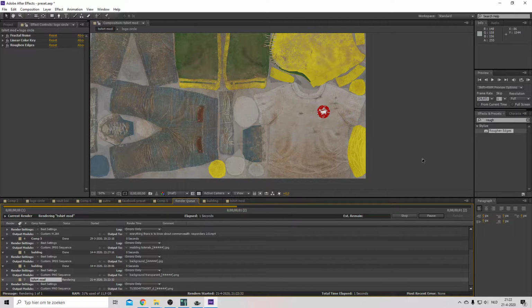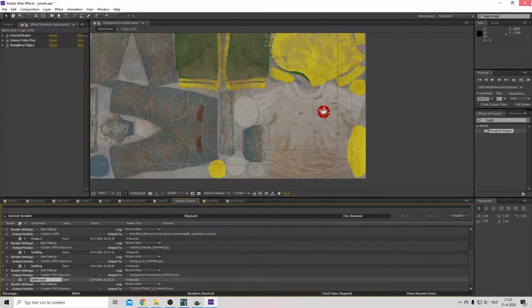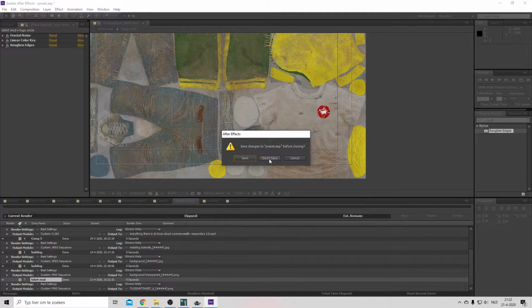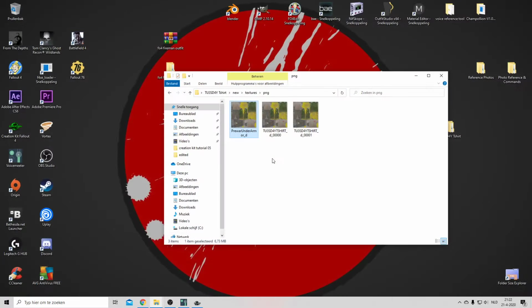Oh, I noticed that I had 2 frames instead of 1. Well, it doesn't matter. I'm gonna click this away. You can save it, of course. I suggest you save it, otherwise you lose your progress. But because this is just a tutorial, I won't. So right now we can see we have 3, but we can just delete one of them because we don't need it. We're gonna open up GIMP again, and then in there we will